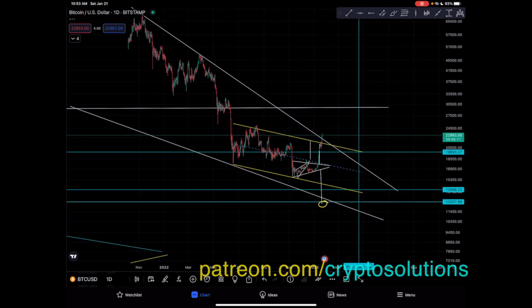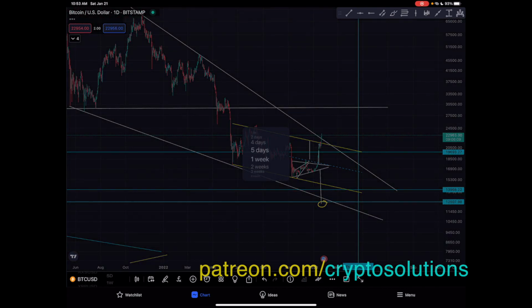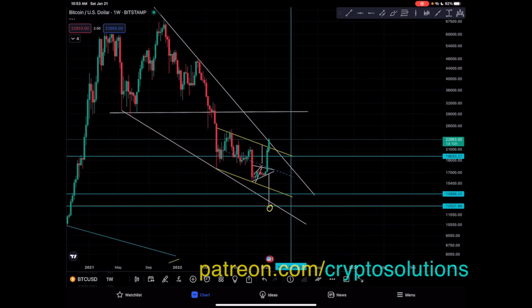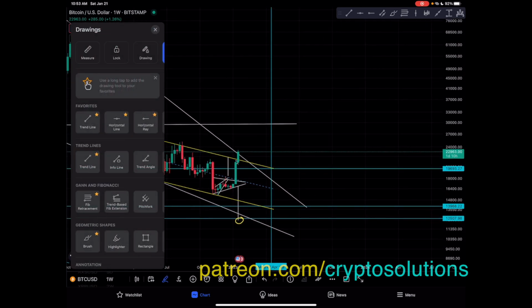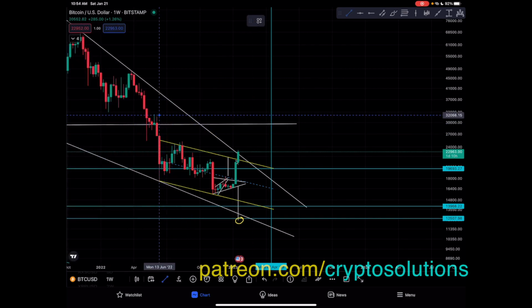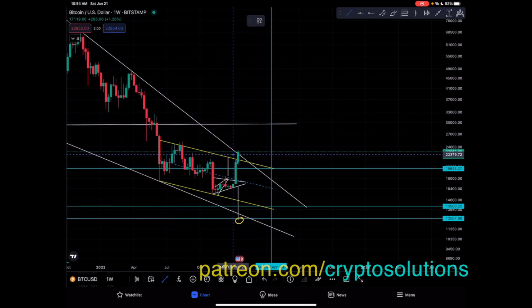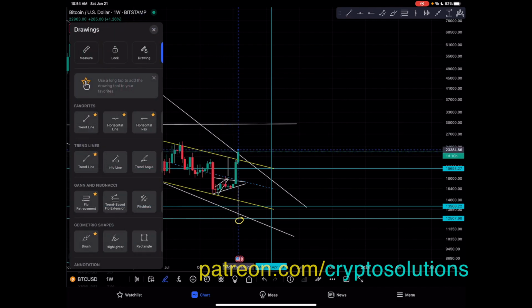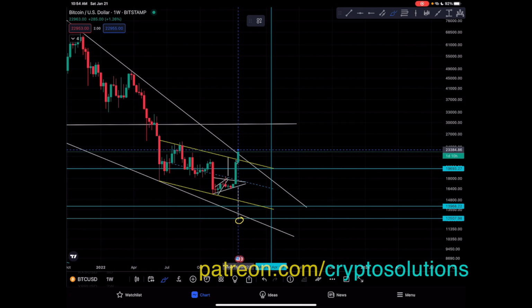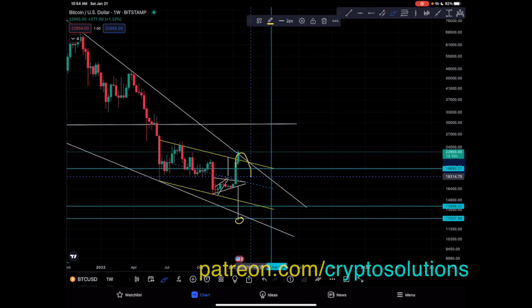Okay, so according to the weekly and daily time frame, we have a bear flag here, and this bear flag can be measured like this. At this moment, it's being invalidated because this weekly time frame is very much above that resistance right there. So if this were to roll over, I'm not saying that this is going to happen, but if this scenario were to occur, a fake out to the downside like this, then the bear flag will still be in play, okay?